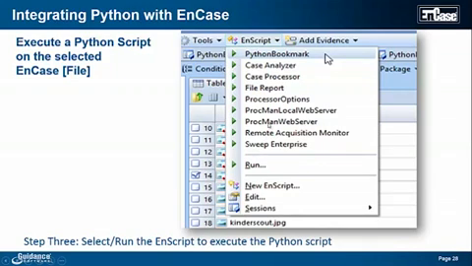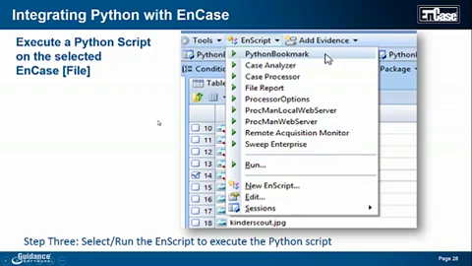In this case, we're going to execute Python bookmark, and that is the actual script that we just went through a couple of minutes ago from the EnScript side. So now we're going to execute that Python bookmark, which is going to do everything that we talked about: collecting the file, copying the file, setting up those parameters, and launching the Python